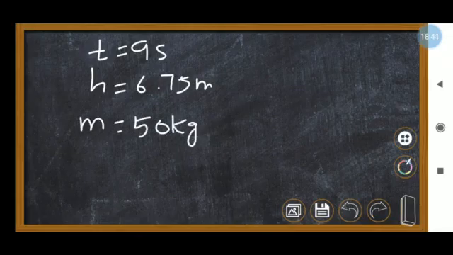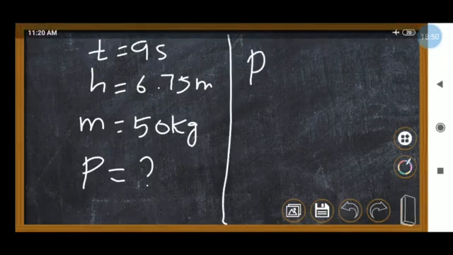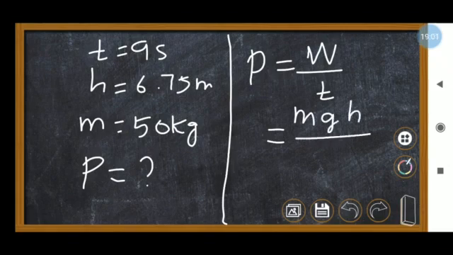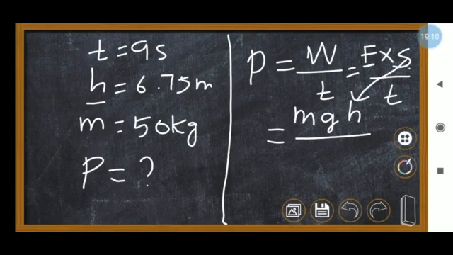Okay, and what is the question? Find his power. So power P equal to what? First we have to calculate power equal to work done per unit time. Work done equal to force into displacement, so force into displacement divided by t. Displacement means height, so S is replaced by height. Force means ma, mass into acceleration, and the acceleration happens because of gravitation we are considering here. So mg, so mgh divided by time. So power equal to mgh by t.